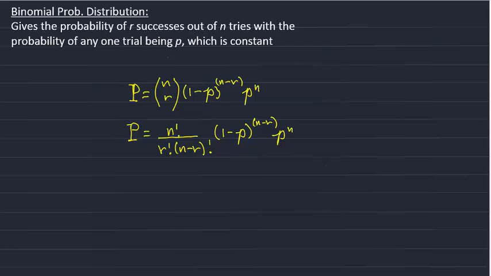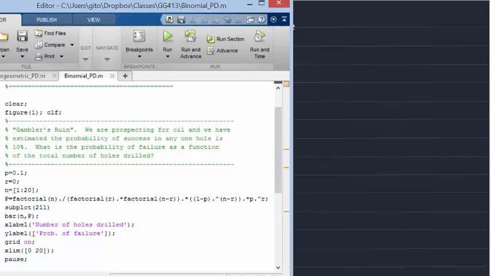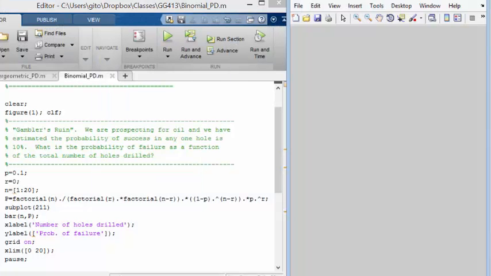So let's look at an example, and I have one set up on MATLAB, and this script here is available on our website for you to use as you would like. You can experiment with it. But the first example I have set up is an example of what Davis refers to as the gambler's ruin. So we're prospecting for oil, and we have to drill a number of holes, and we want to estimate the probability